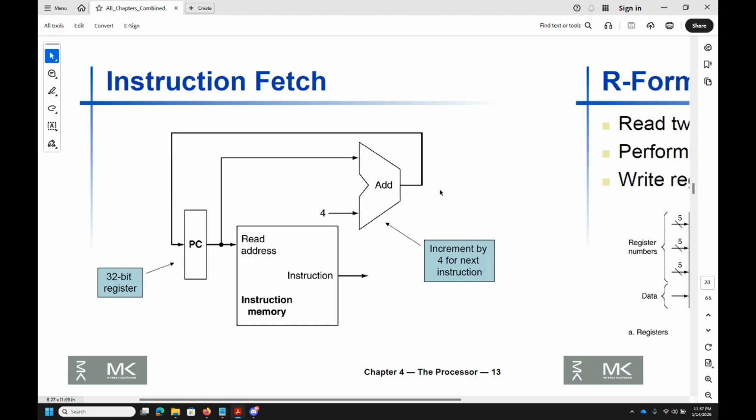Basically, what that means is each of your memory locations has to have an address, right? Your address starts at 0 and goes 0, 1, 2, 3, 4, 5, 6, whatever. So the last element will have an address of something like 2 power 32. That 32 bits is the number of zeros and ones that you can store in that register. So you can only point to an address that can fit within those 32 zeros and ones. So a 32-bit processor can address a maximum of 4 GB of memory.